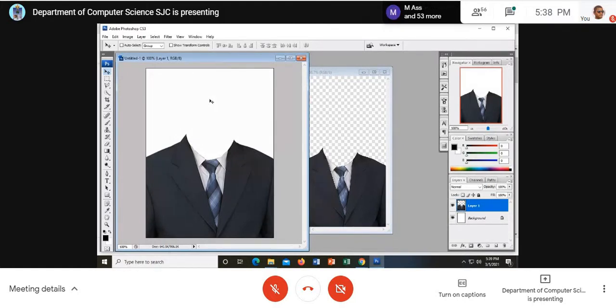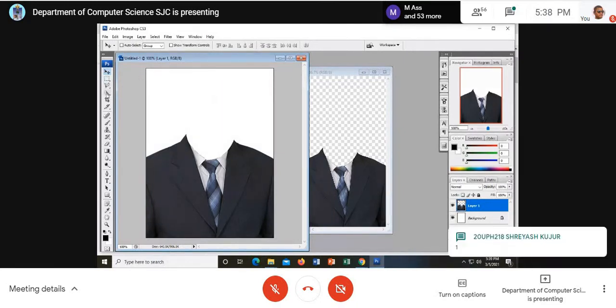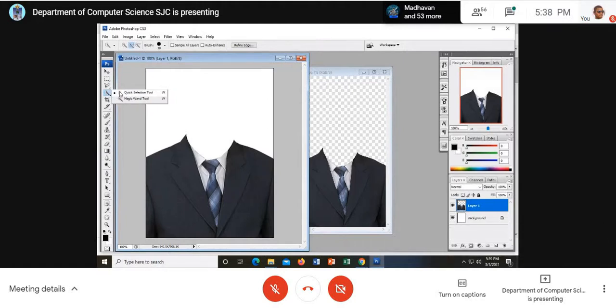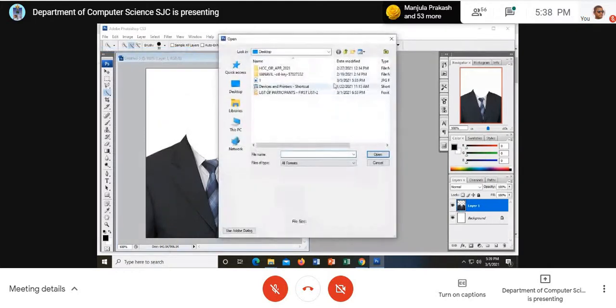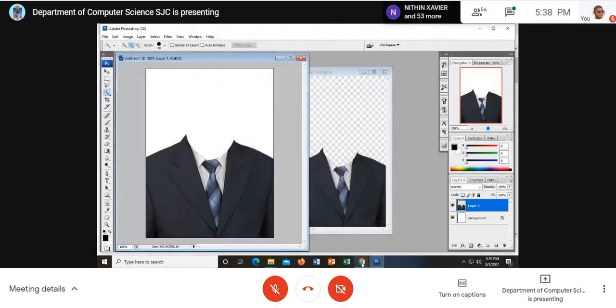So can you repeat this magic tool process again, sir? Yeah, I will do that. Look at here. The process of magic tool. I will tell you the plain process of magic wand tool and the quick selection tool. I just open another tool. One minute. Before I move on to the next one, I just go with another.